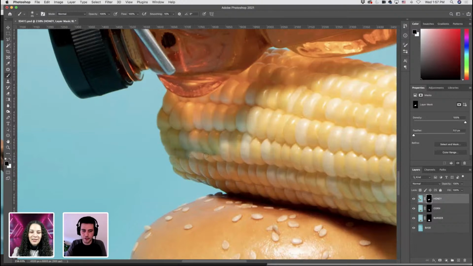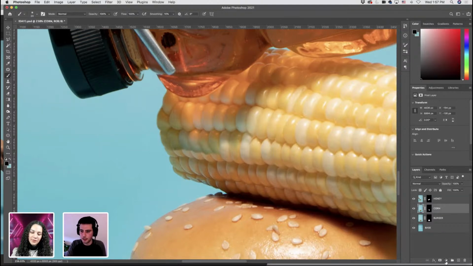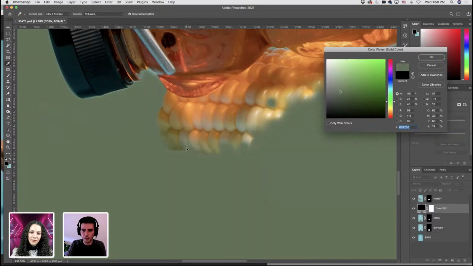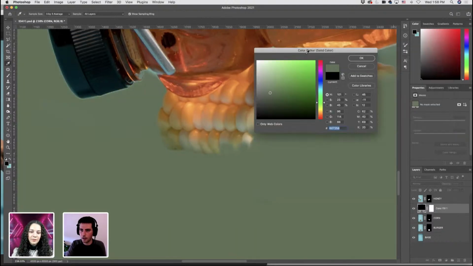So I could go back in and, with a very loose feather, just go in and mess that out. And then we start to have that shape a little bit more defined. And then maybe to blend that in a little bit more, something I can start doing is I want to match the hue from the shadow on this corn layer. So I will create a solid color mask, pull from there,